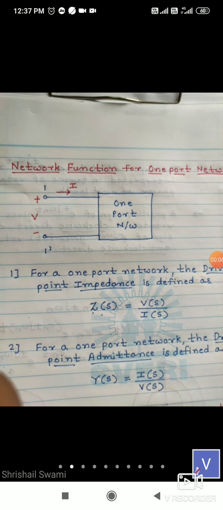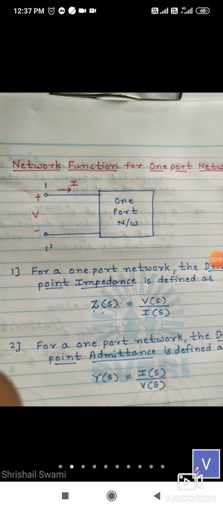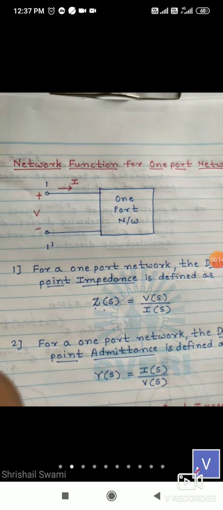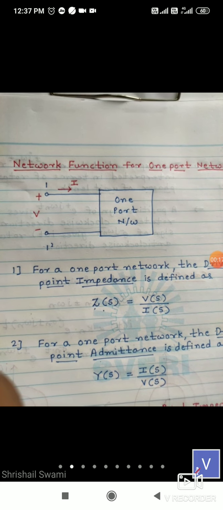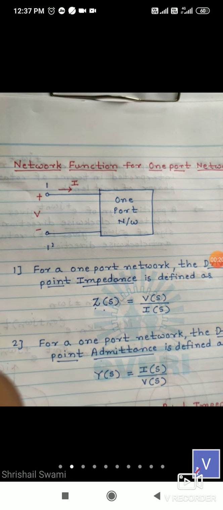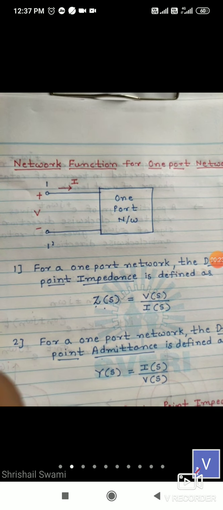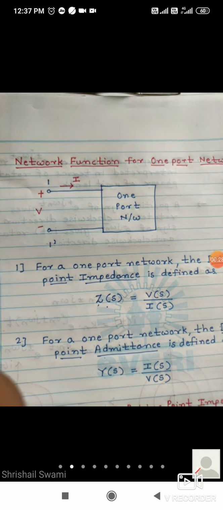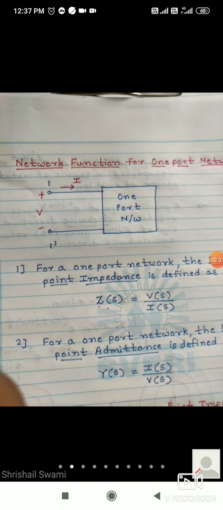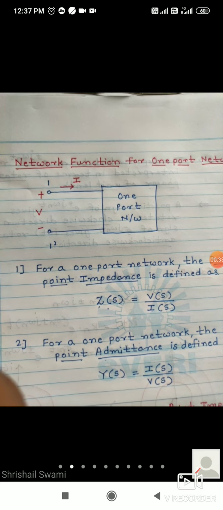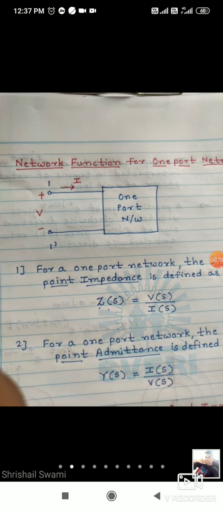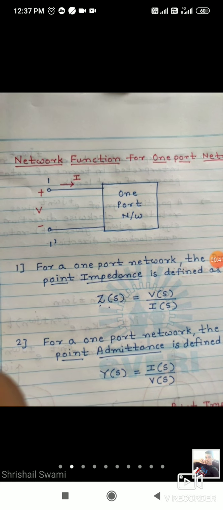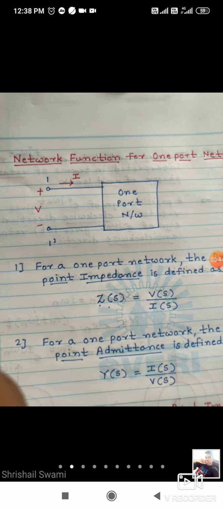In the last lecture, we covered the concept of complex frequency. What do you mean by complex frequency? It is denoted by s. It means the Laplace domain, that is the S domain, where we can plot the poles and zeros of a network function, which will decide whether the given system is stable or not. Then, according to the values, sigma n, the real part, is called the Napier frequency, and omega n is called the radian frequency. These denote the real part and imaginary part of a complex number.